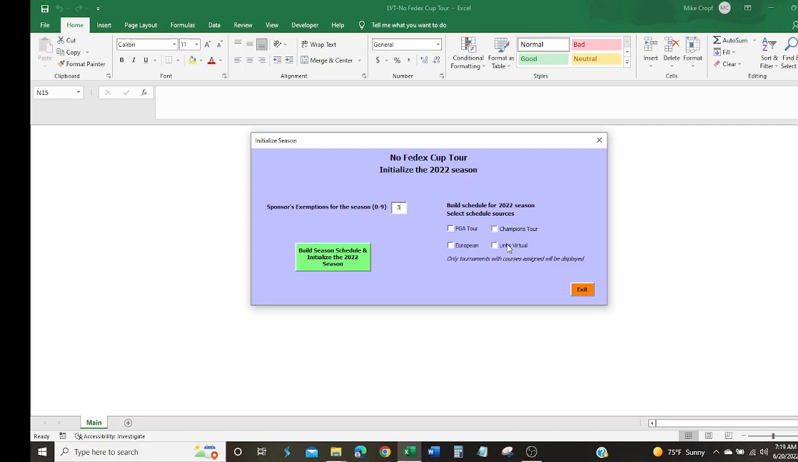Remember, Links Virtual are those tournaments that you created when you were just updating and creating the tournaments. They were already existing on any of the PGA, European or Champions Tour. And of course, only tournaments that have courses assigned are going to be displayed here, because if you did not assign a course to a tournament, then it's incomplete. It doesn't know where it's going to be played. So make sure you update all your tournaments with courses first, so that they will